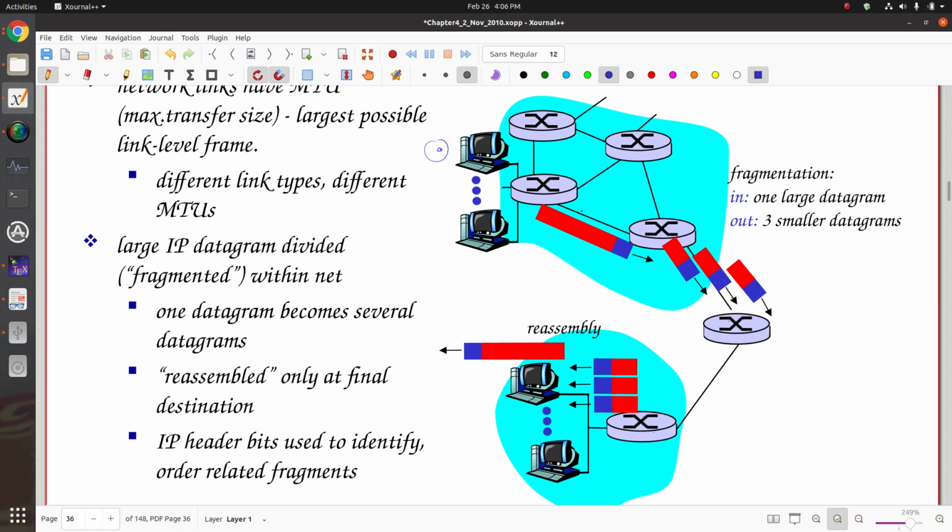Now you also know that these links are of different nature. Some may be optical fiber, some may be Ethernet link, some may be wireless link, and so on. Since these are different links, they will not support the same frame size. Now I have used the term frame. So actually,